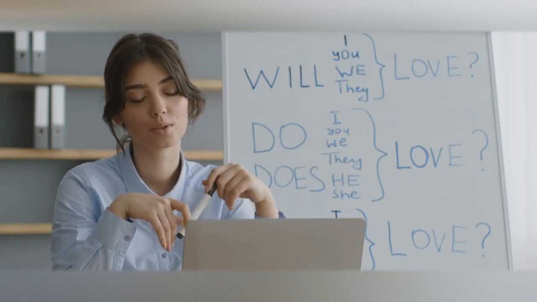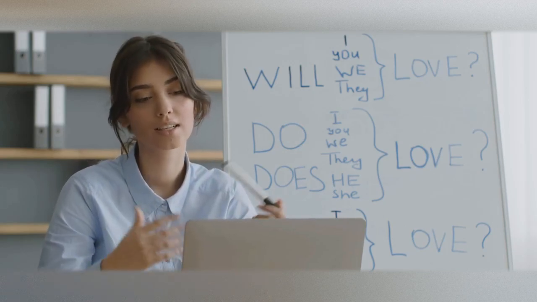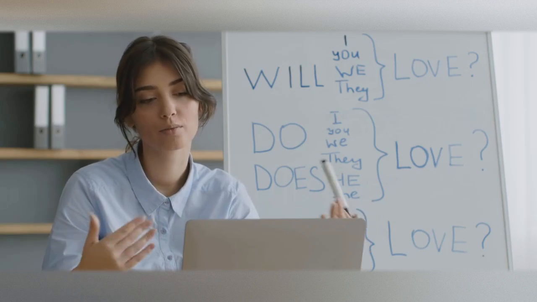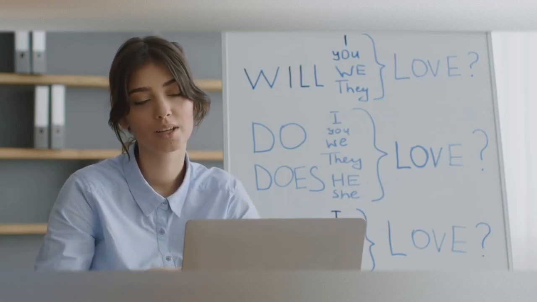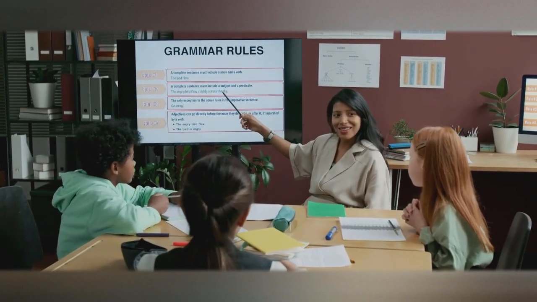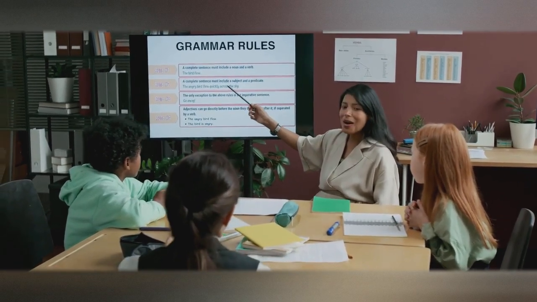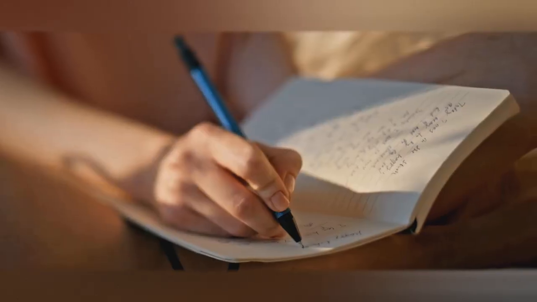An absolute phrase modifies the whole sentence, giving us context or additional details. For example, take the sentence, "The sun setting behind the mountains, we decided to take a hike." Here, the sun setting behind the mountains is the absolute phrase. It sets the scene for why we decided to hike.